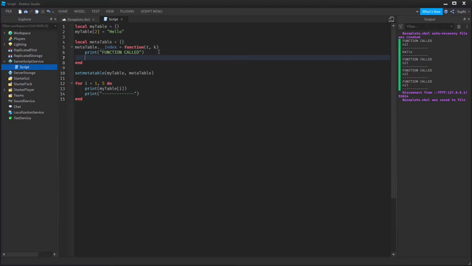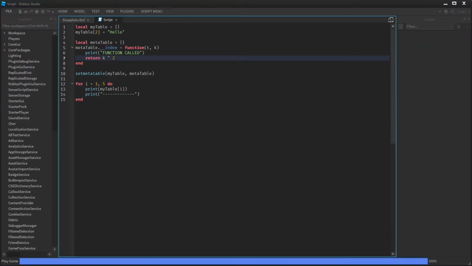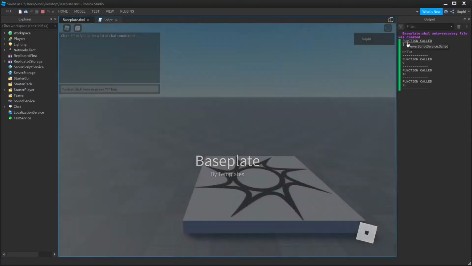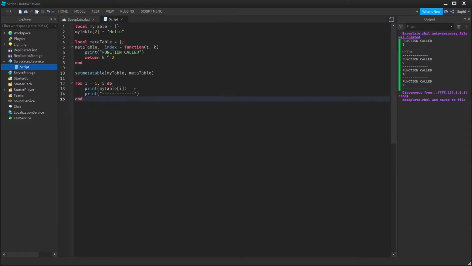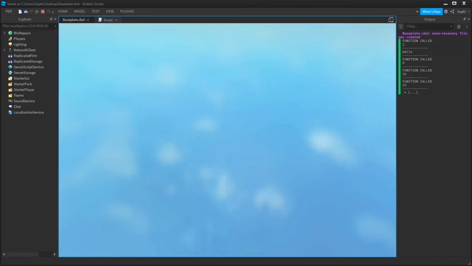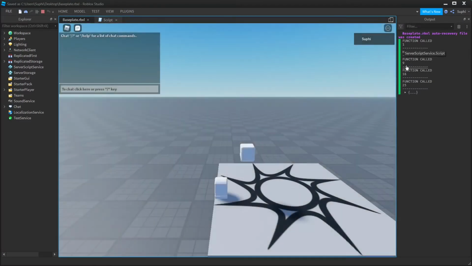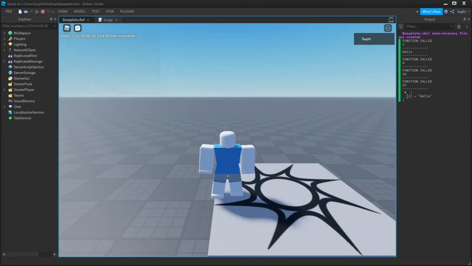So for instance I could say return key to the power of 2, and if I play the game we can see that the function is called and it prints 1, then it prints hello, then the function is called again and it prints 9 and 16 and then 25. Now if I print the table and we run the game once again,